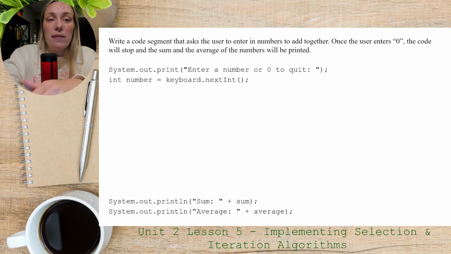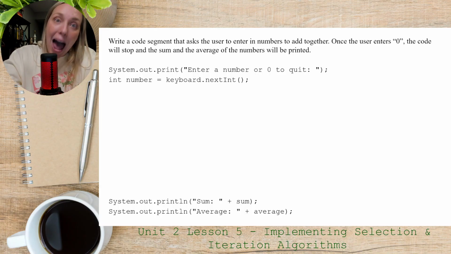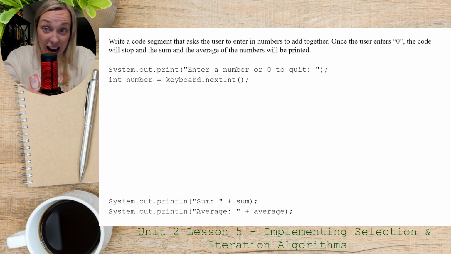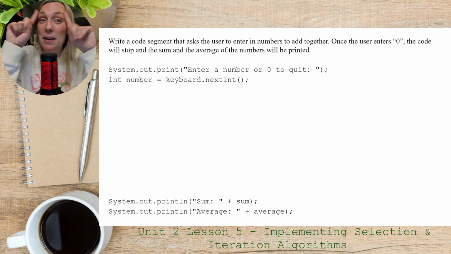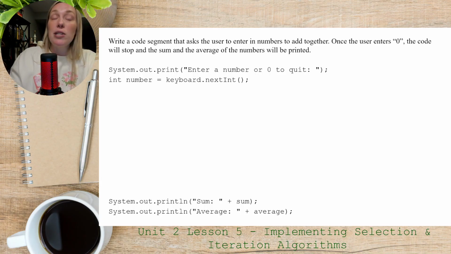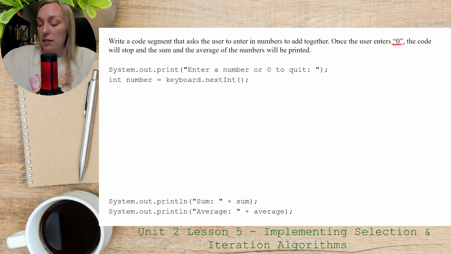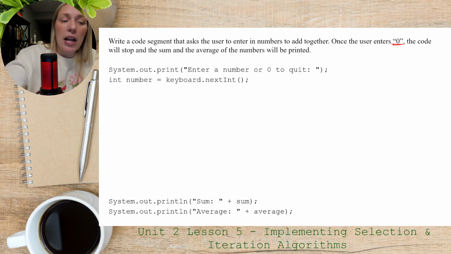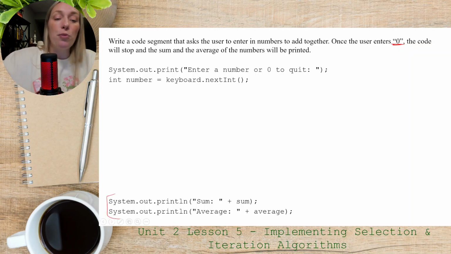Okay, we want to keep track of the sum. And if we want to print the average, we also need to keep track of how many numbers were entered. But keep track of all the numbers that were entered, but we don't want to include that 0, because 0 is the number that's the code to quit, right? So we ask the user to enter a number or 0 to quit. We get that first number, and then you see at the end here, we're going to print off what the sum